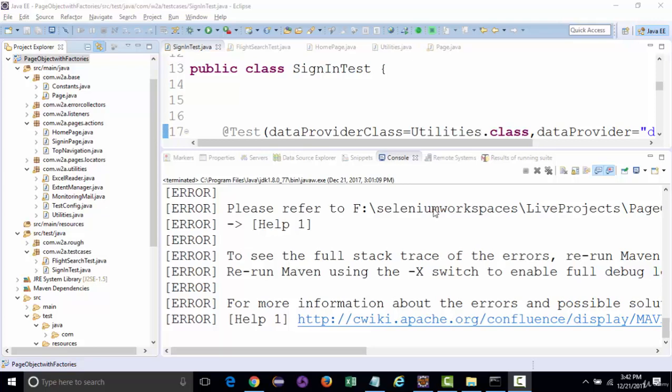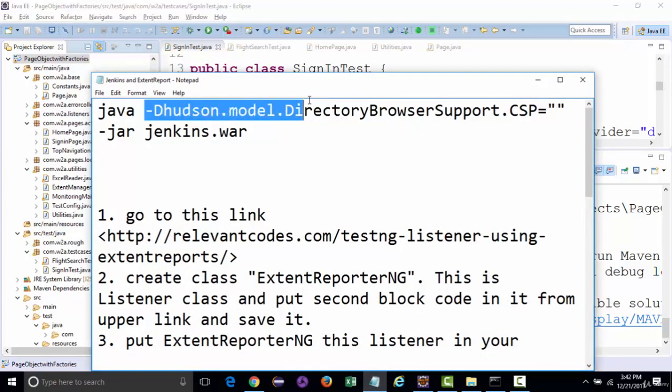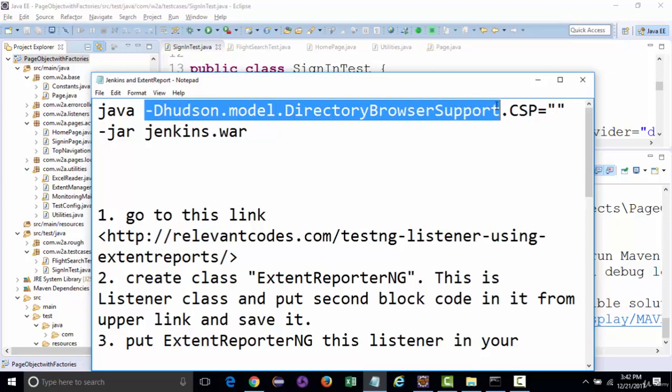And the last topic in this project will be setting up of Jenkins and scheduling jobs, executing our project from Jenkins UI and generating reports, integrating reports onto Jenkins itself, and then at the end sending out an automated email, right? So, Jenkins, while starting Jenkins, you need to make sure that you add the Hudson model